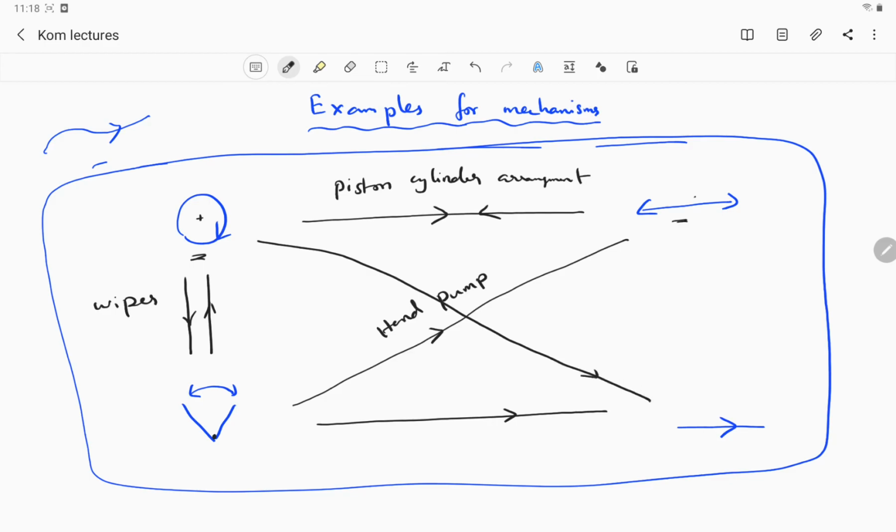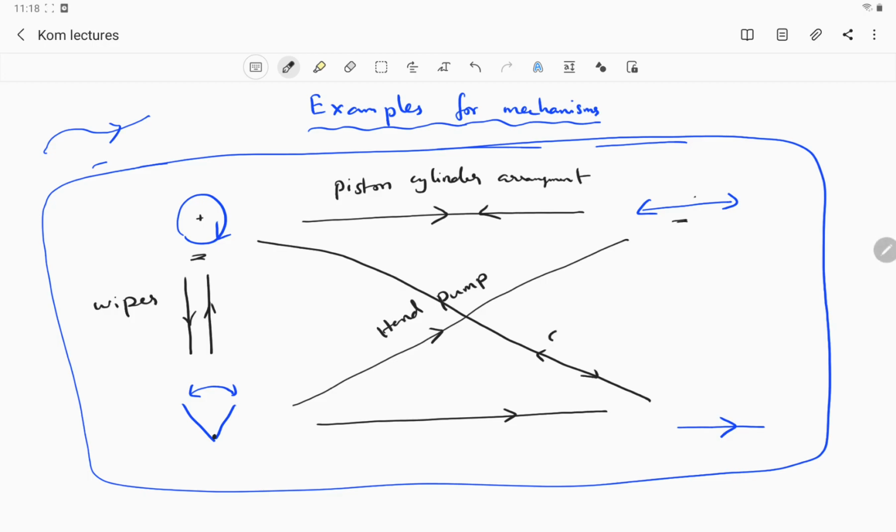And also the reverse is possible. Instead of pedaling, if you just roll your cycle, the wheels will rotate, and as you move in a certain direction, the pedal will also move. Okay, so these are some examples.